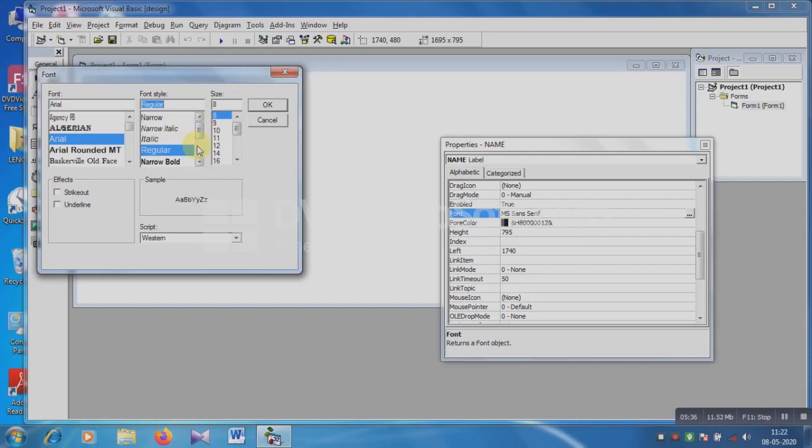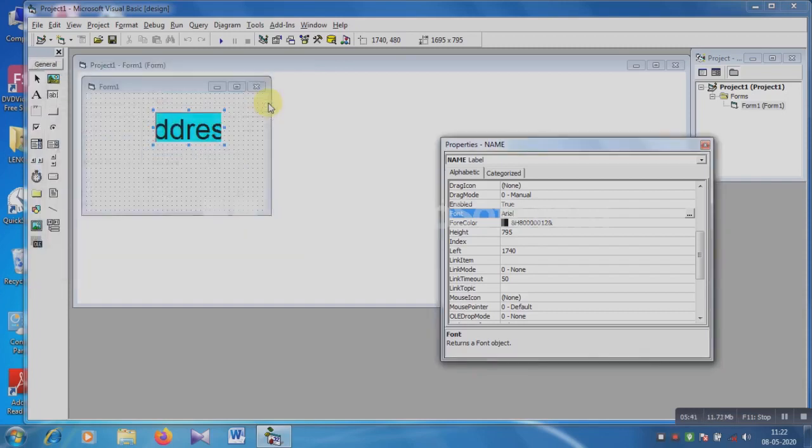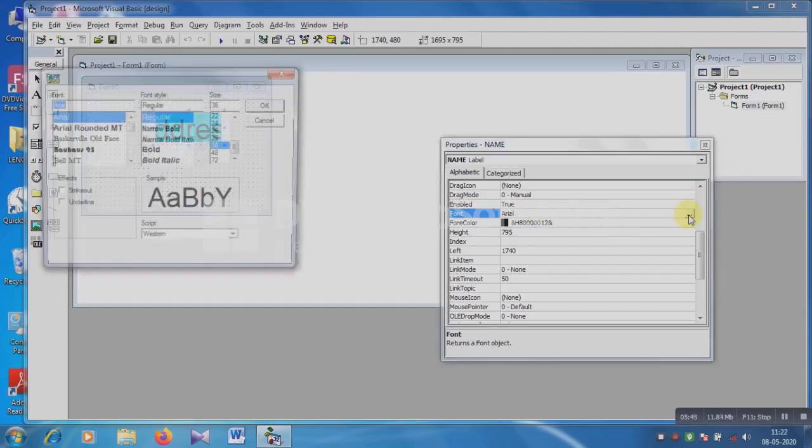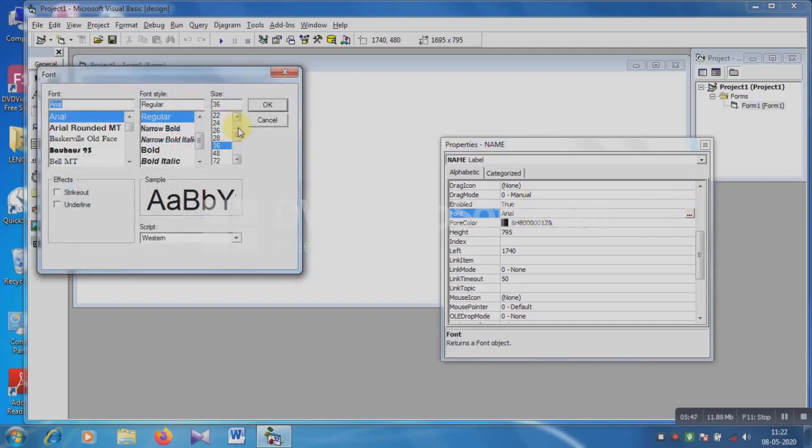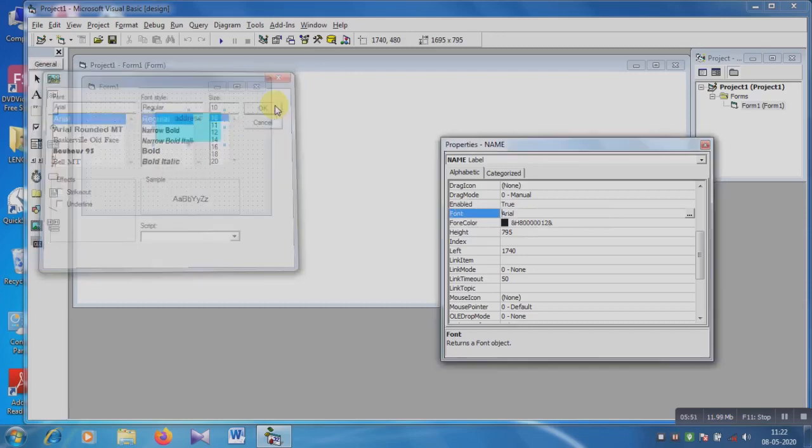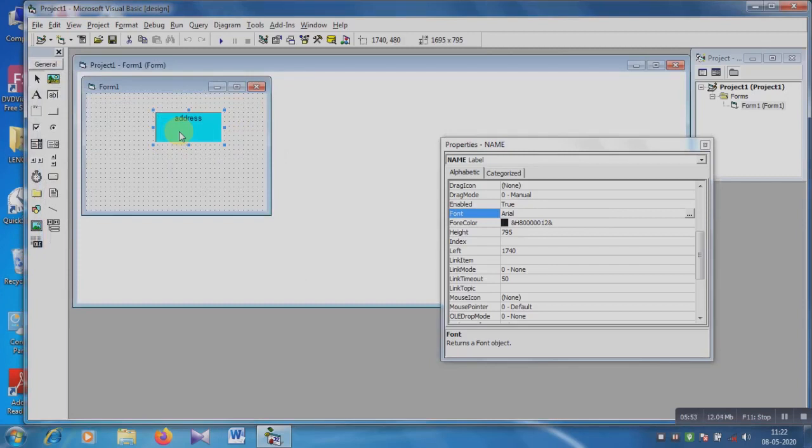Here I am choosing the regular option, and font size suppose 36, and click on OK. See, it is very large. So I am changing the size to 10. So using this option we can change the font style and font size.